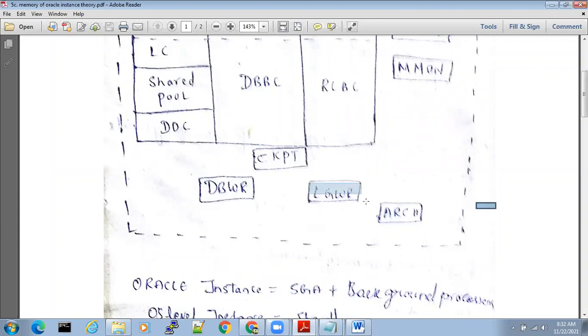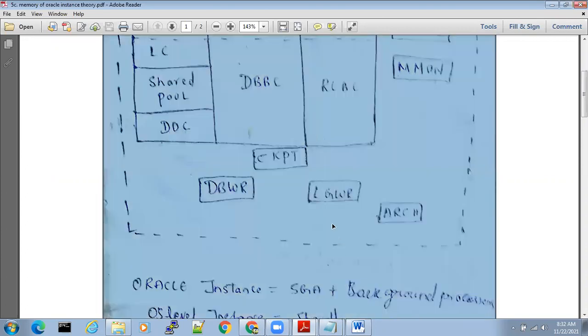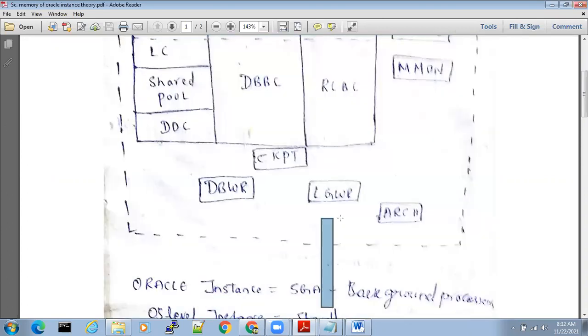Then what is the job of log writer? Log writer's job is to cut the live transactions from the redo log buffer cache and write into redo log files. Then the archiver's job is to cut the data from redo log files and write into archive logs.